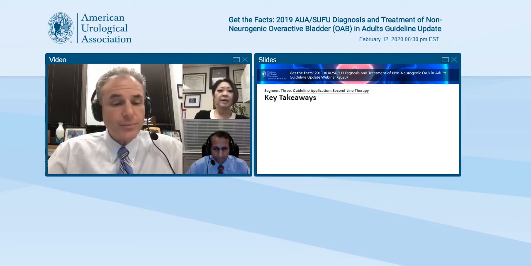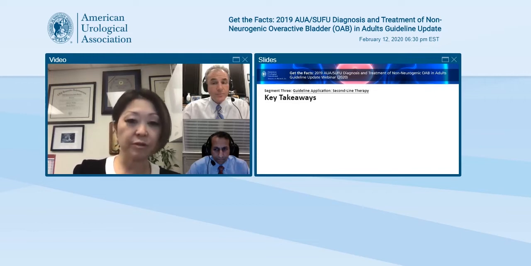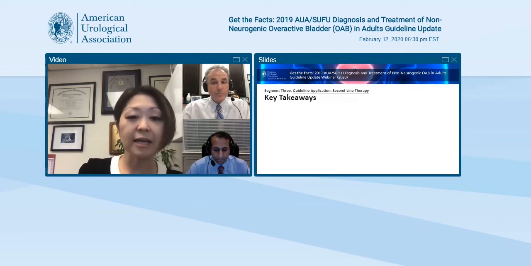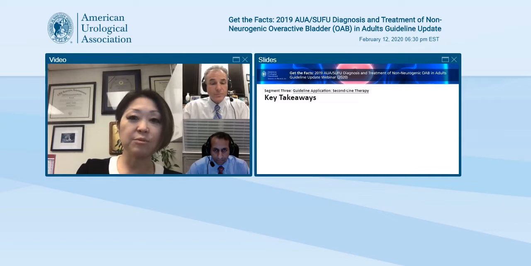Mm-hmm. Well, again, cost is probably the biggest dictator these days. But if a patient doesn't do well on a medication after 4 to 6 weeks, assuming that they don't flat out not tolerate it, I think that switching over to another class is a very reasonable option. I don't think that, in the past, we used to try another of the same family because we didn't have a beta-3 agonist. We used to double up on things in combination therapy. I think the only time that a combination therapy is going to be reasonable is if you use an antimuscarinic together with a beta-3 agonist. Or I usually would switch over to monotherapy and just keep them on one agent or the other.